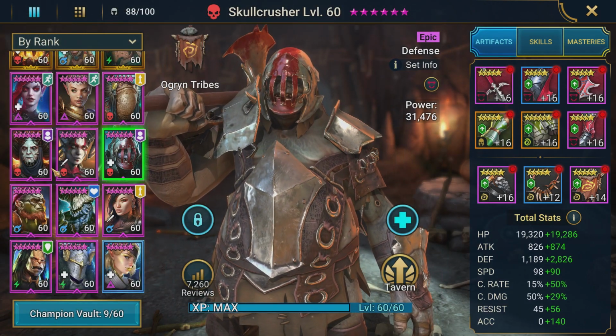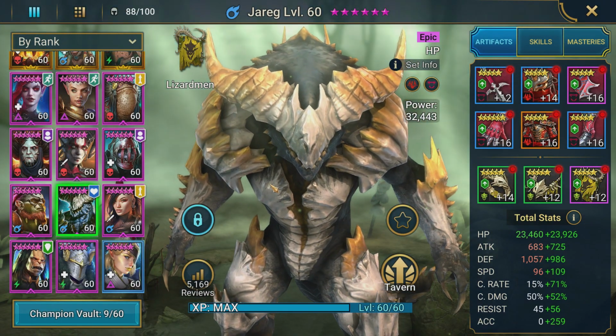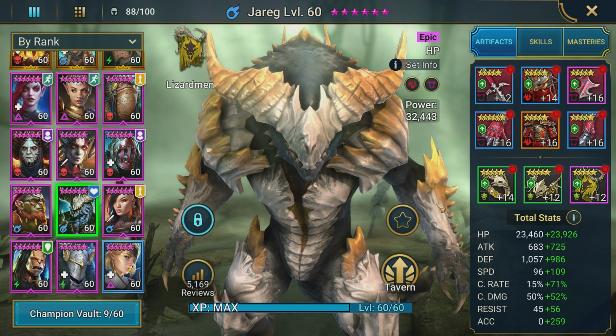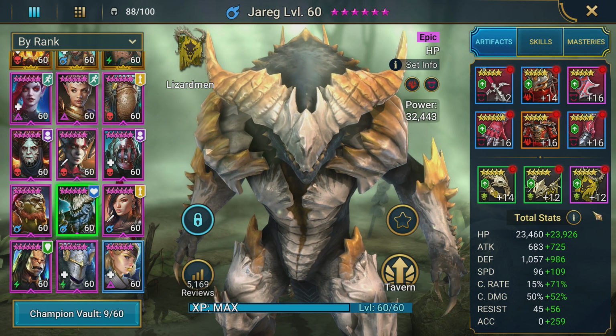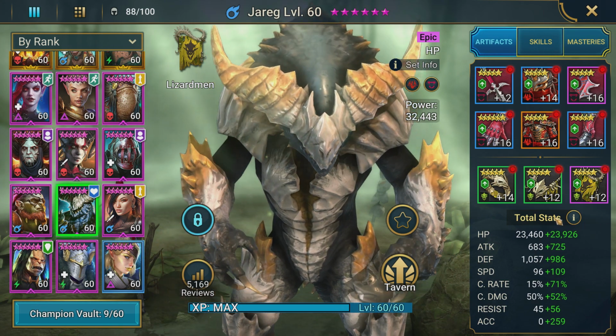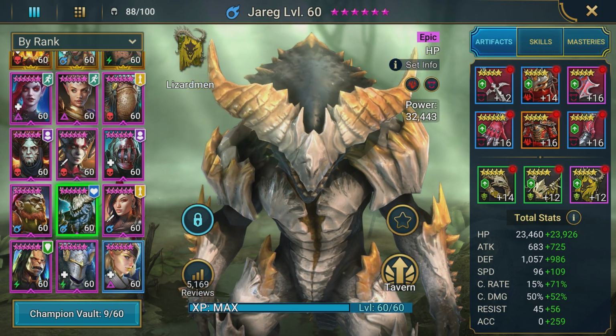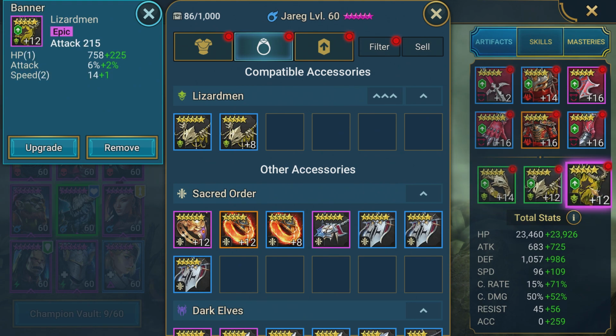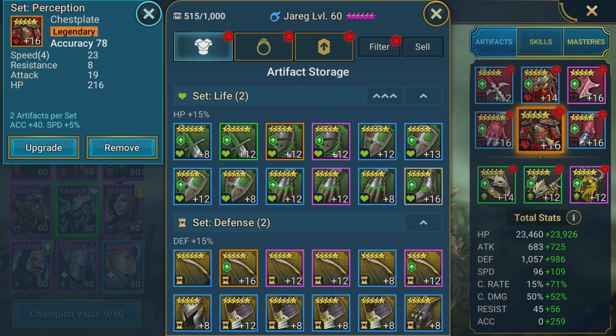And let's see, who else do we have here? We got Jareg, who's our latest addition to the team. And you can see we didn't quite manage to finish rolling up his helmet or his weapon today. And some of his accessories still need some work. I have really weak accessories in Lizardman faction, so you can see he's running an attack banner. I would much rather this be accuracy or HP for him, but we're actually in a pretty good spot with his accuracy at 259 just from his gear,